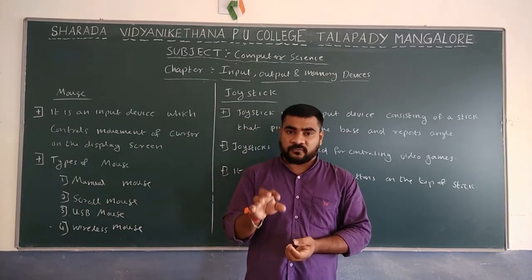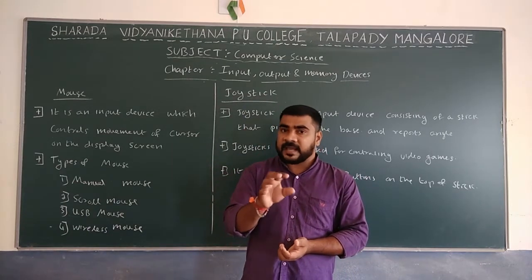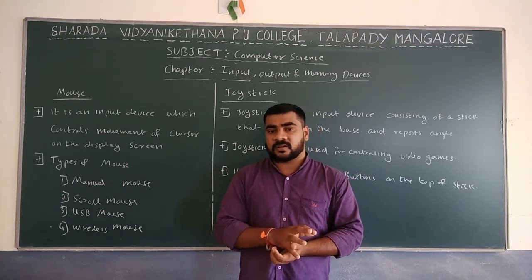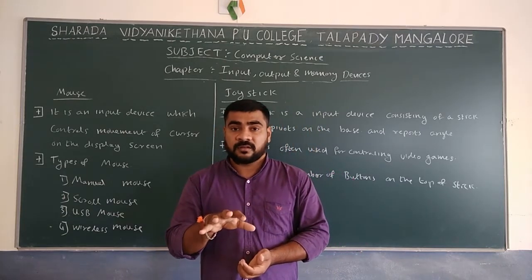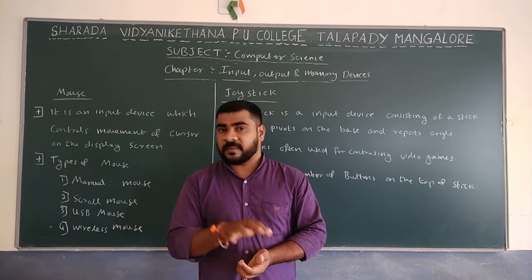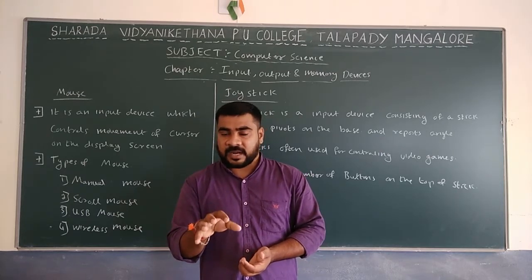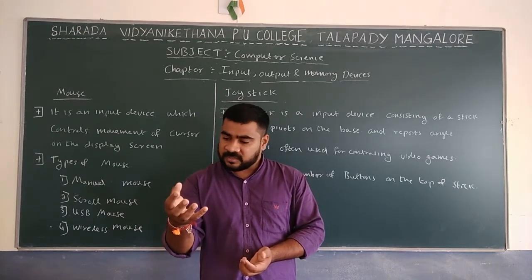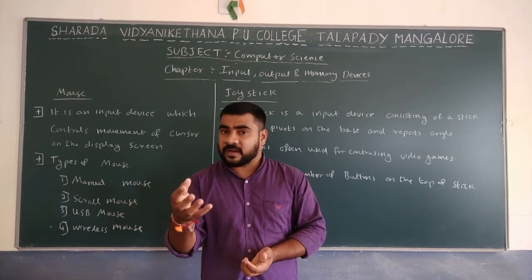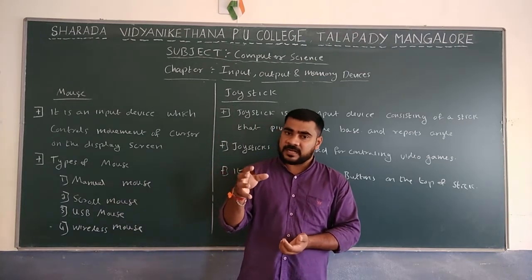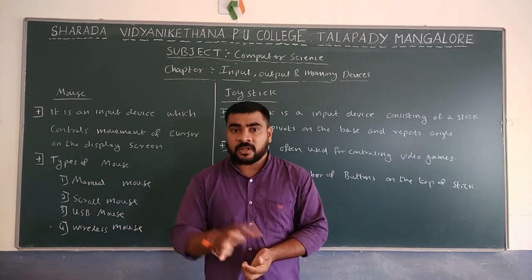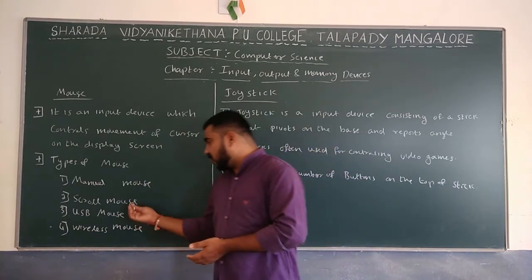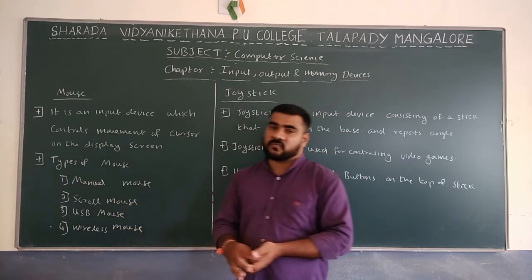According to the movement of the mouse, it locates the cursor on the screen based on the laser beams. So mainly we are using a light beam. If you pick up the mouse, you can see one light. That is actually known as an optical mouse. The optical mouse types are: first the scroll mouse, second USB, third the wireless mouse.